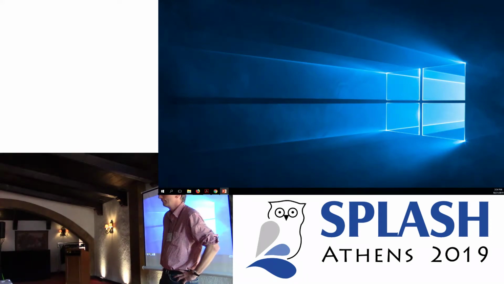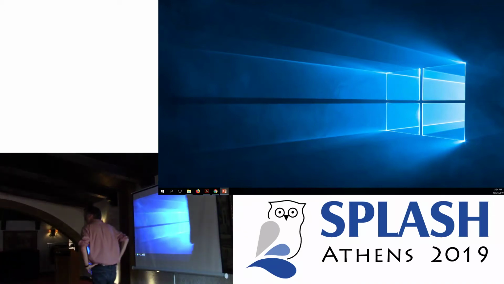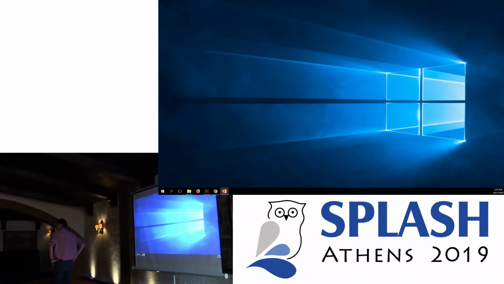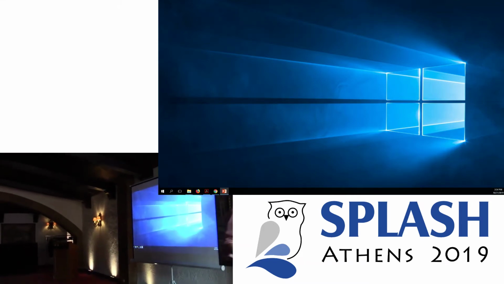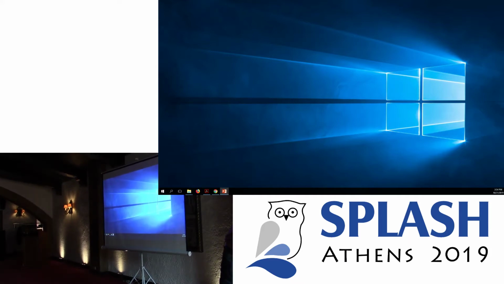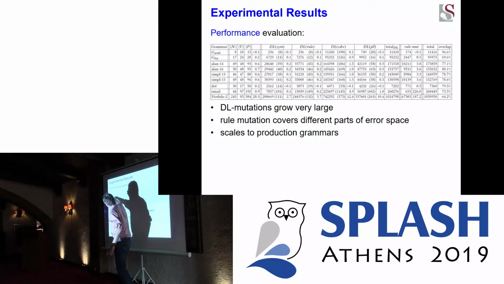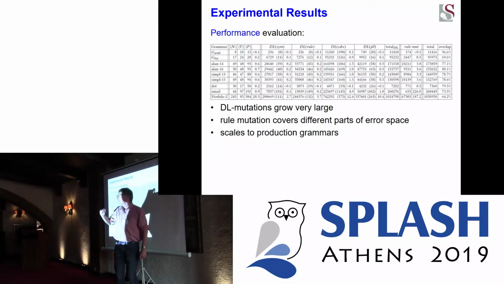So if you have a small student grammar of, I don't know, 20 non-terminals or 10 non-terminals, how many test cases do you get? I can show you how many I got on that example. These are actually the instructor's golden versions.